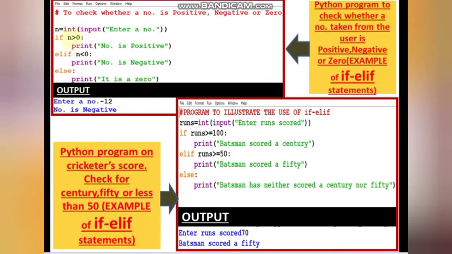So here suppose you have given minus 12 as your input. Is minus 12 greater than 0? No, minus 12 is less than 0. So it will not come inside the if block, it will come to the else part. Here in else again there is elif, a condition for this if: n less than 0. Yes, minus 12 is less than 0. So it will enter this block, this print statement will get executed, and "number is negative" will be shown in the output.